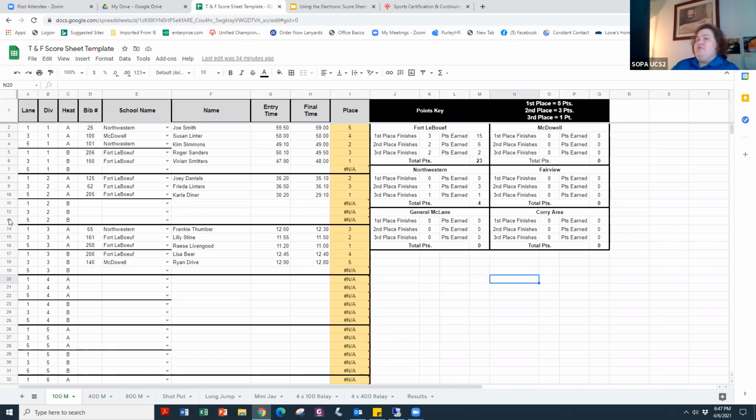Please, again, if you remove any of these lines, any rows, any columns, it will mess up all the formulas. So again, I can't stress it enough. Please, please, please don't remove them. Okay, so you can see how everything will change. The only thing you will be able to do on this score sheet is put in final times. The entry time will come already set in, the names will be in, and the only thing you'll need